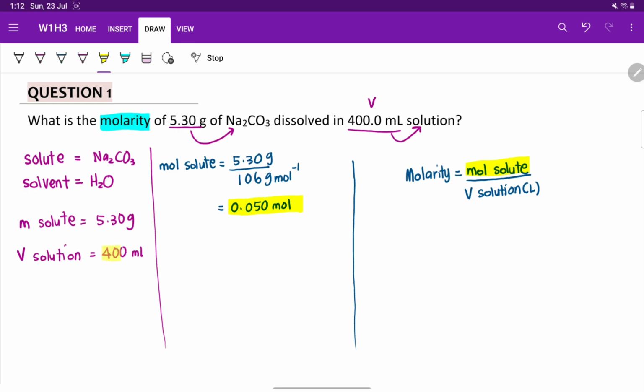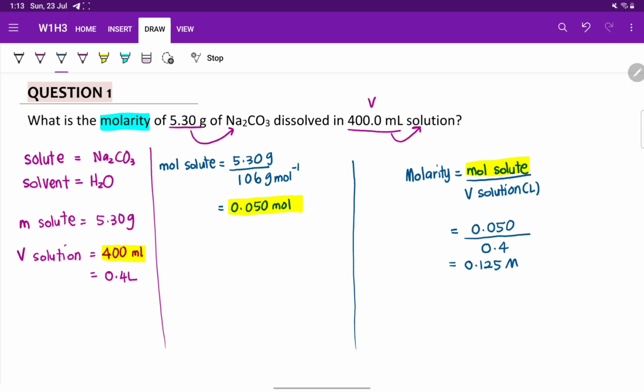Cuma dekat sini, our volume of solution is in milliliter. So, the volume of solution yang kita kena gunakan dalam kita punya equation molarity is in liter. Okay, jadi kita tukarkan je lah dekat sini. It will be 0.4 liter. So, once we have all the information, teruslah substitute ke dalam kita punya equation. So, mole of solute 0.050 over volume of solution 0.4. Okay, jadi kita akan dapat dekat sini kita punya molarity as 0.125